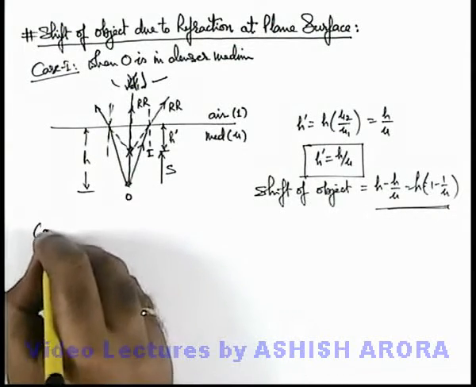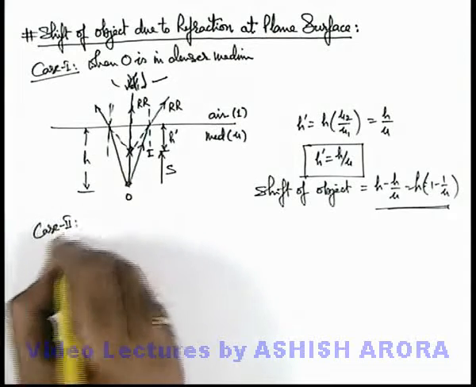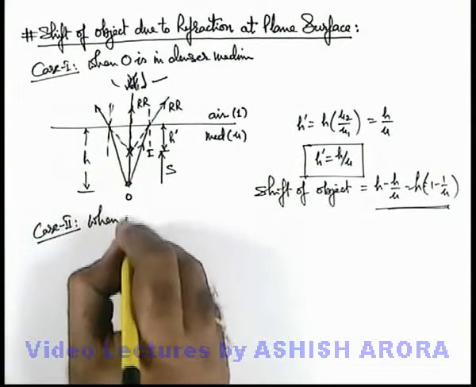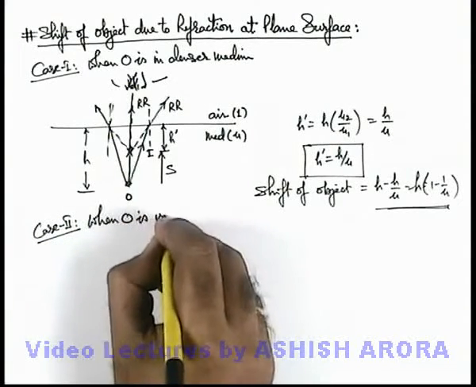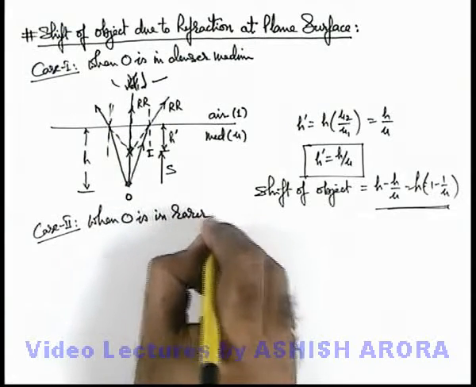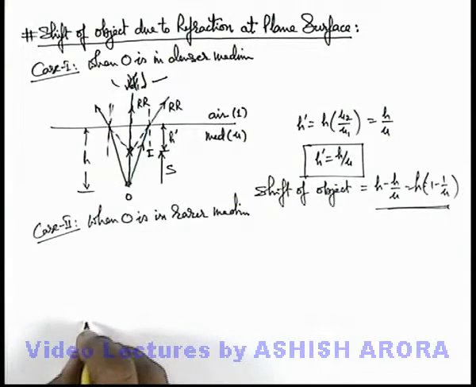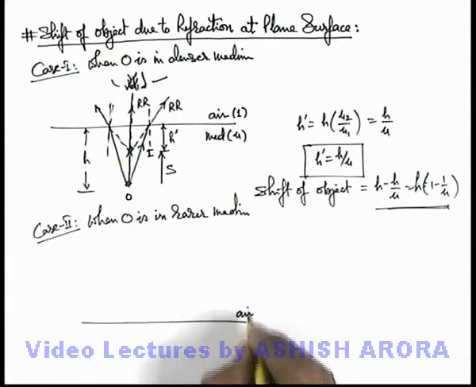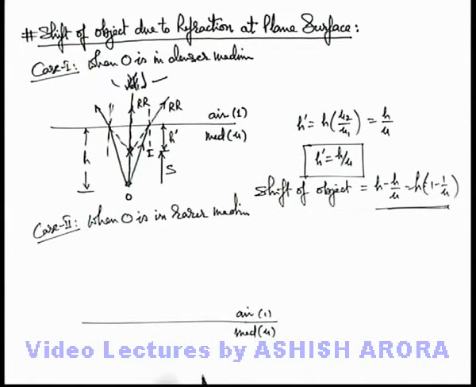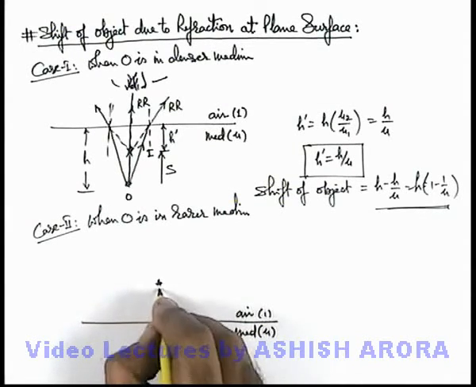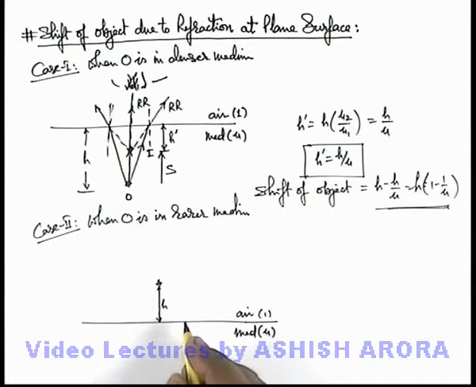And if we consider case 2 here, when object is placed in rarer medium, then in this situation, say again we are having air and a medium with the refractive index mu, and for air we take refractive index 1. Now say an object is placed at a height h above the boundary, and on the other side an